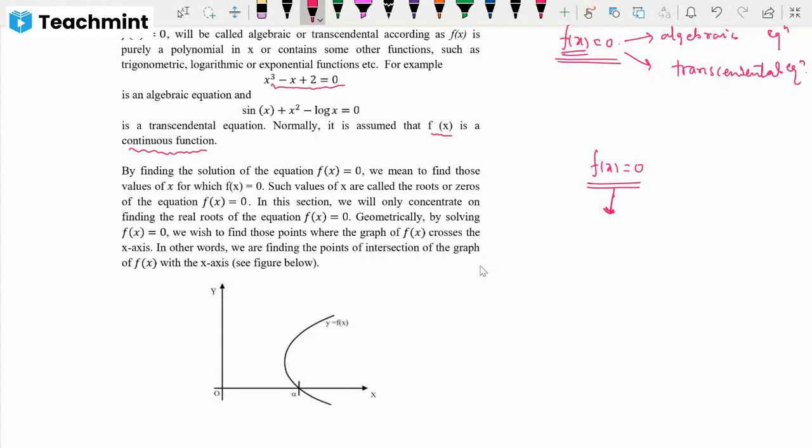What is the meaning of solution of fx equal to 0, or root of fx equal to 0? We will call it a root. Solution of fx equal to 0, we will call it as root. And finding the root of fx equal to 0 is called method of solution of fx equal to 0. So see, what is root? If f of c equal to 0 for